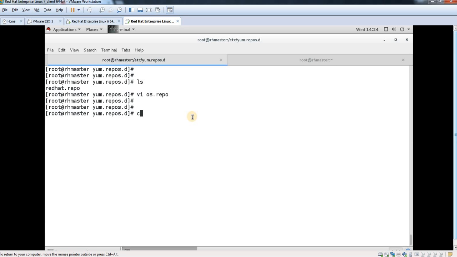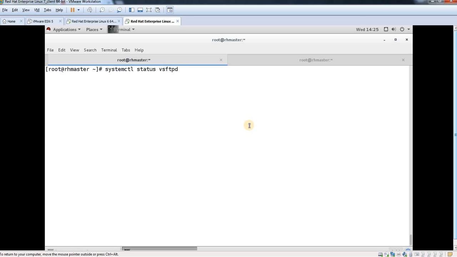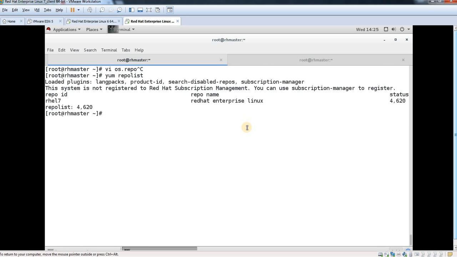So now the FTP, whether it is running or not, is required for the remote, but for this one we don't need the service to be running. Just to ensure, let me try systemctl start vsftpd. It is running, and let me stop it just to not confuse you, because for local it is not required. So now if I do yum repolist,